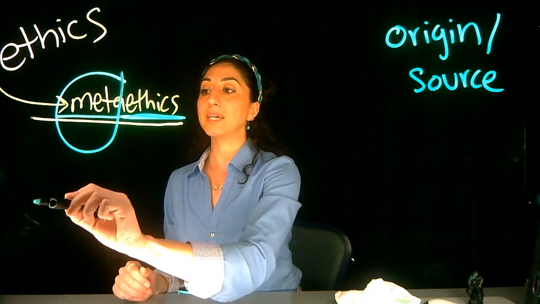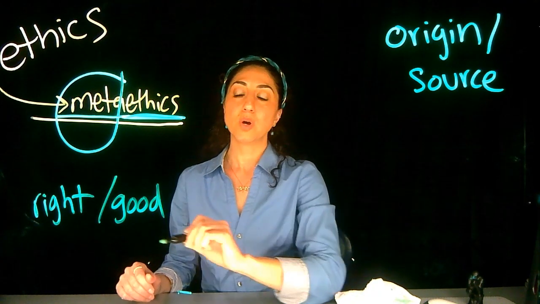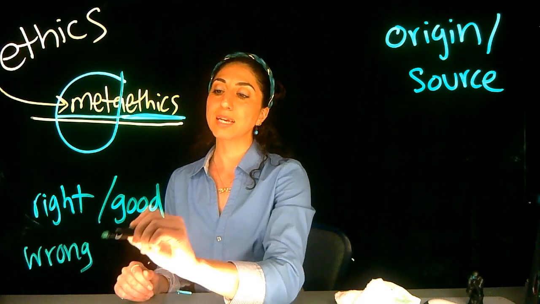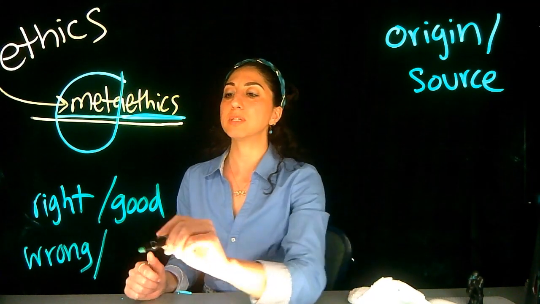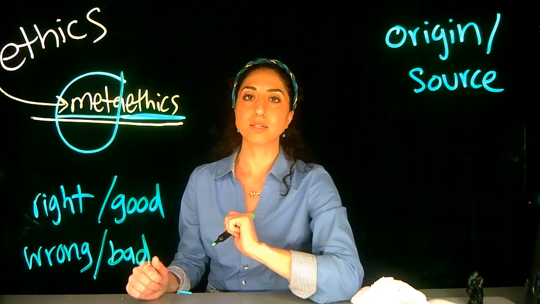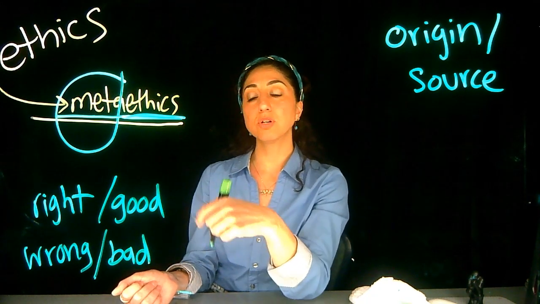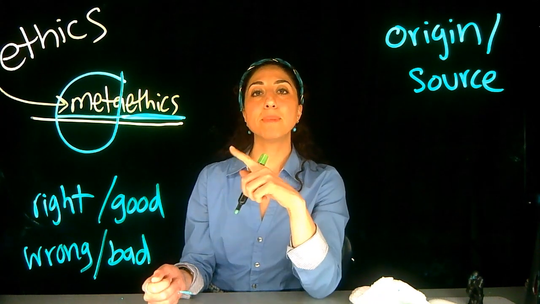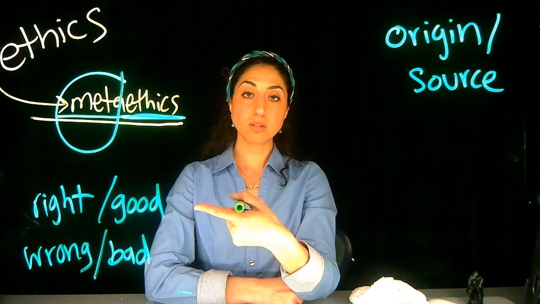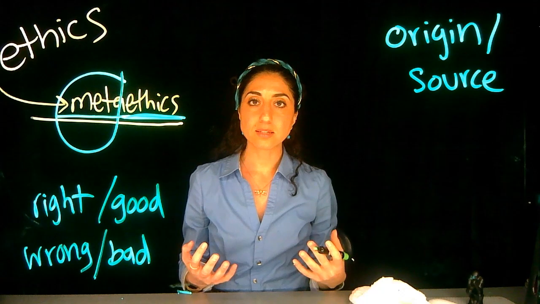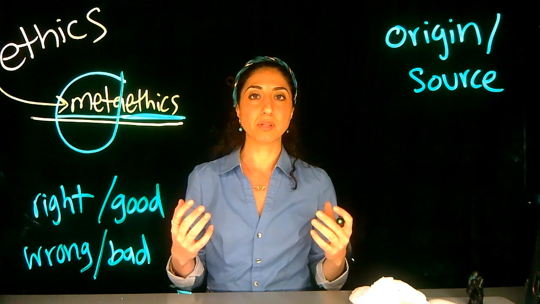And when we say right, we mean something like righteous. We mean something like the good thing to do. When we say wrong, we might mean something like sin if we're talking within the field of philosophy of religion, or we might just mean something that is bad for us to do. So here's some words that come up in ethics. That was right, that was good, that was wrong, that was bad. A metaethical question is asking what the source is of those concepts. Where does goodness even come from? Or where does sin or righteousness or permissibility even come from?